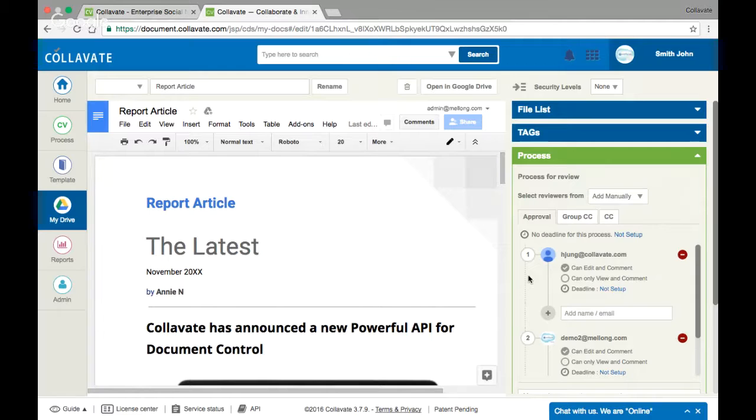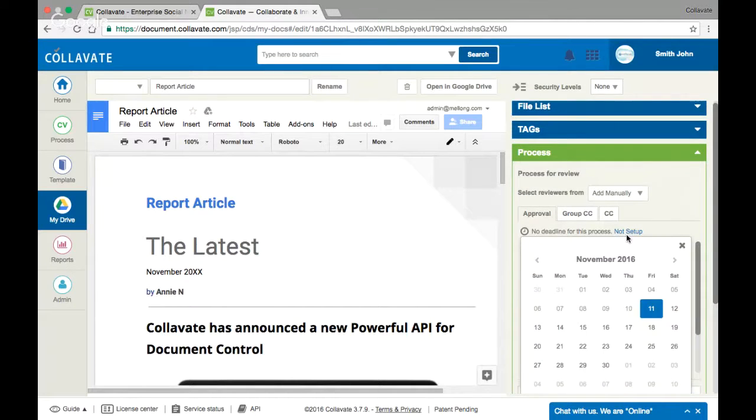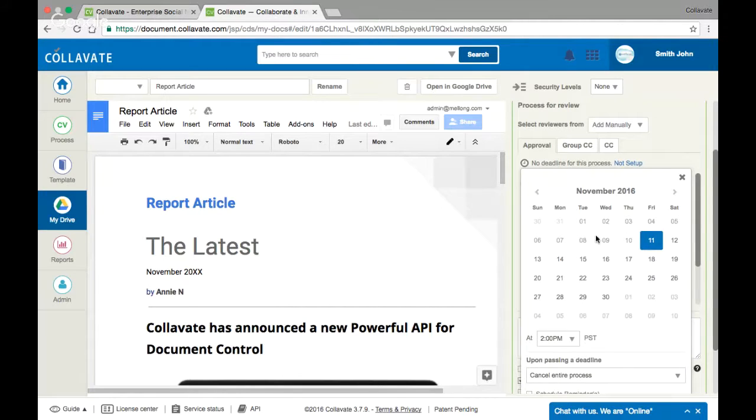Next, I can set up a global deadline for the workflow process. A global deadline will apply the same due date for all reviewers. A global deadline can be set here, located above all reviewers. I'm going to click Not Set Up. For this report article, we would like to publish it next week, and we will set a deadline for November 14th on Monday. We can set a time here